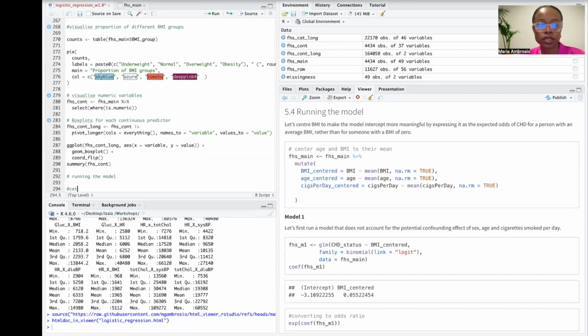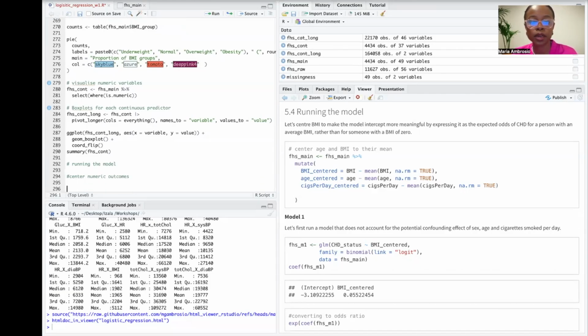So let's center age. So let's center numeric outcomes. I'll just center all of them. And so just main, so I'm calling where